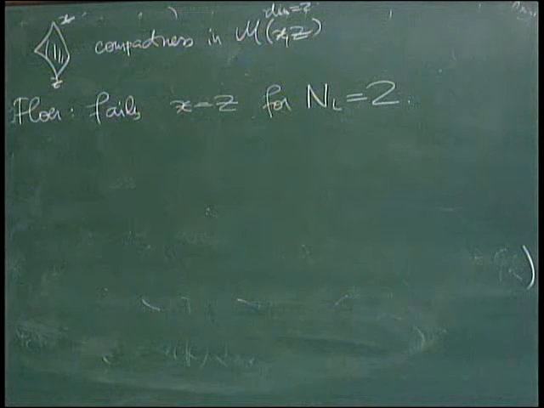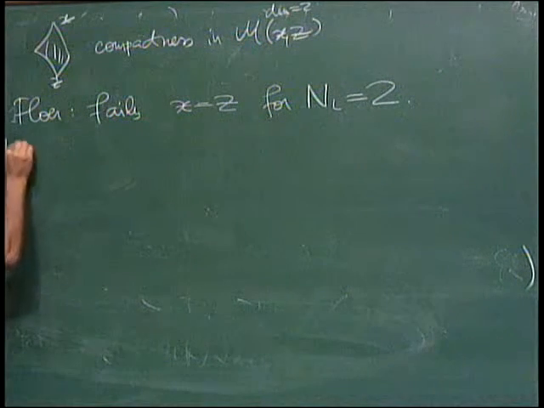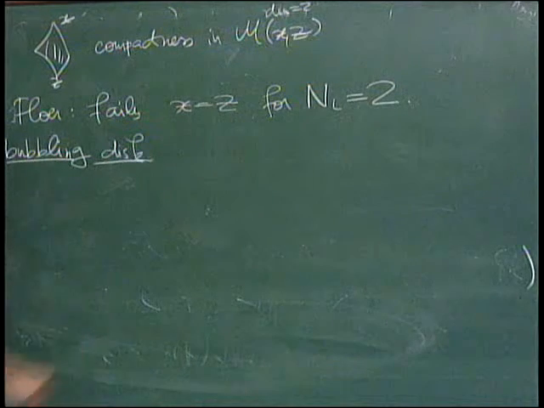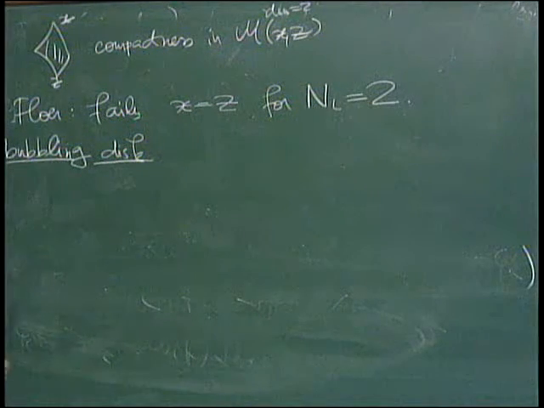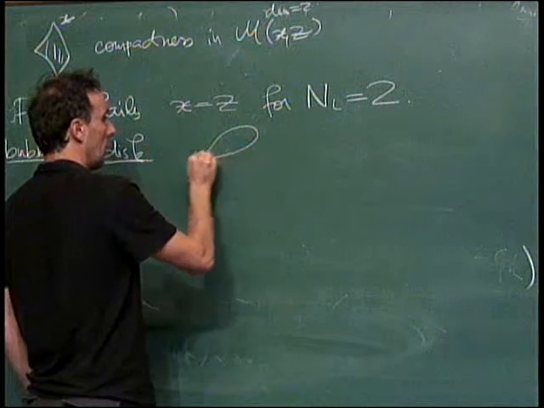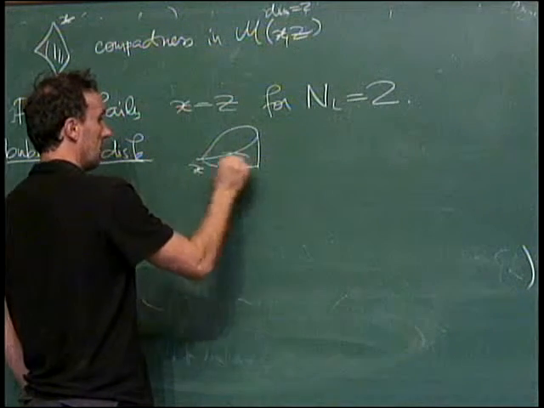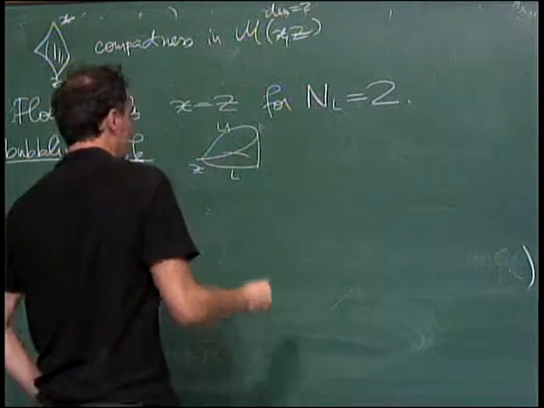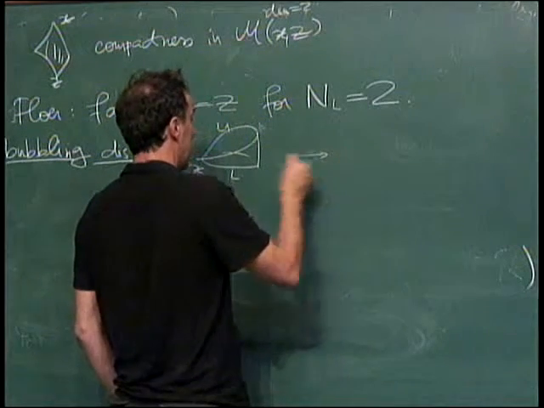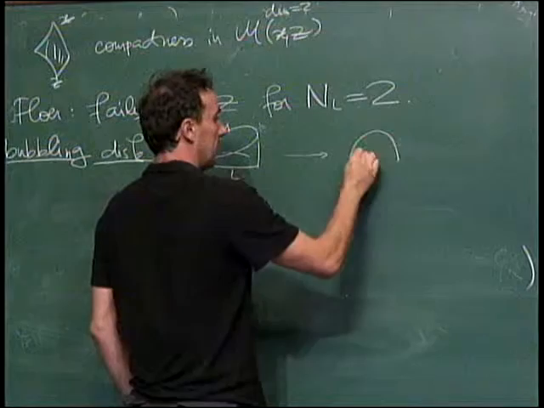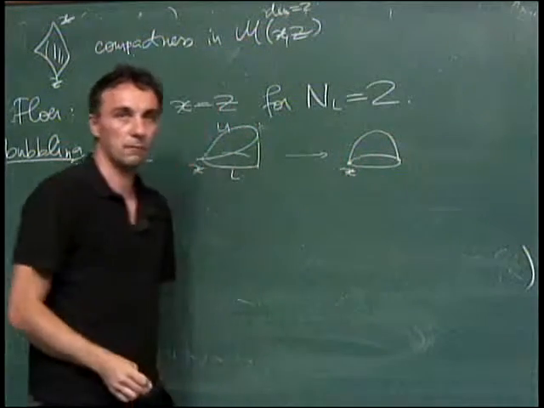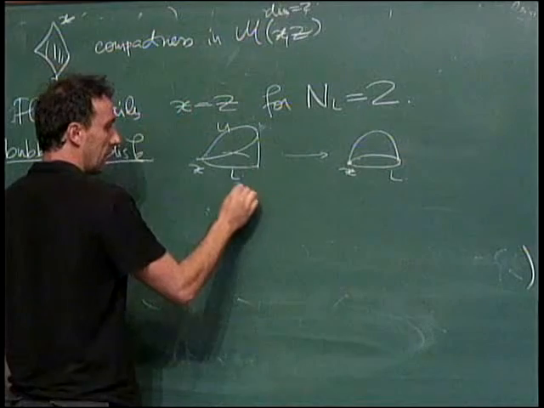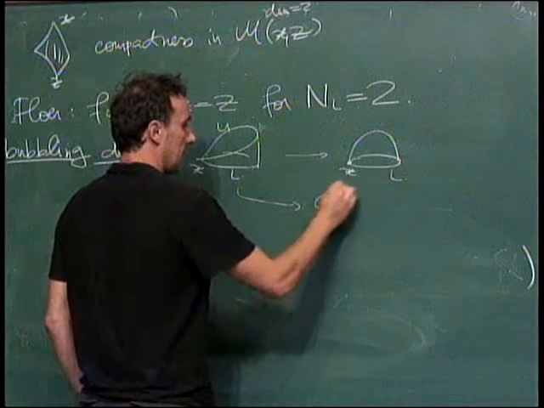It fails because in this case you can have a bubbling disk. And it's the only situation when you can have this kind of obstruction. More precisely, if you can have a holomorphic strip going from x to x. So this is the part of the boundary on L1. This is the part of the boundary on L. And this holomorphic strip converges. Either this loop shrinks to a point, and this gives a holomorphic disk of Maslov 2 passing through X with boundary on L. Or this loop shrinks to a point, and in this case, what we get is a holomorphic